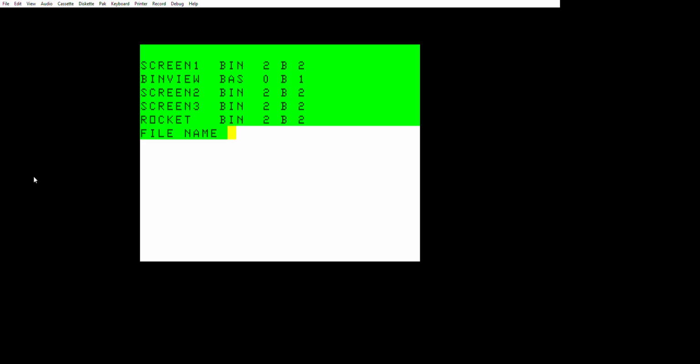And anyways, I just want to show you this utility that I wrote. So what you do is you run the program, bin view, and then it lists the directory, and anything in the directory that has a bin extension on it, I can look at it. So we'll start with Rocket. You have to type in the extension for this one. For the data file utility, you don't. There's no way to put an extension on it,